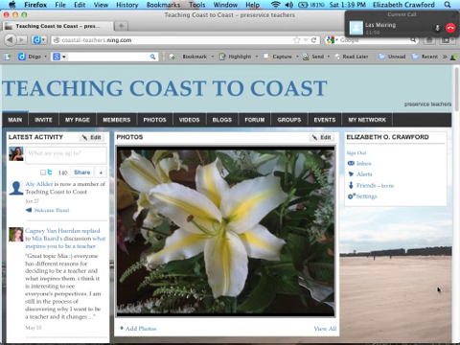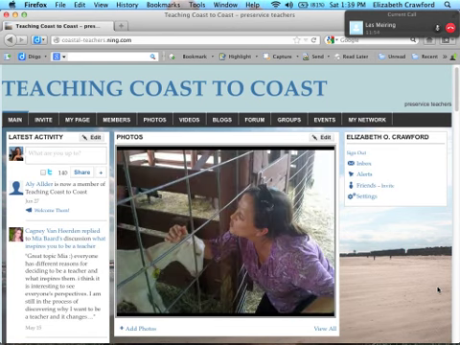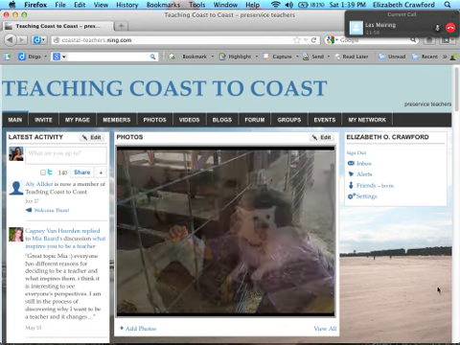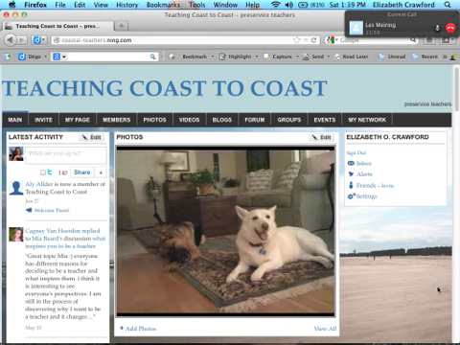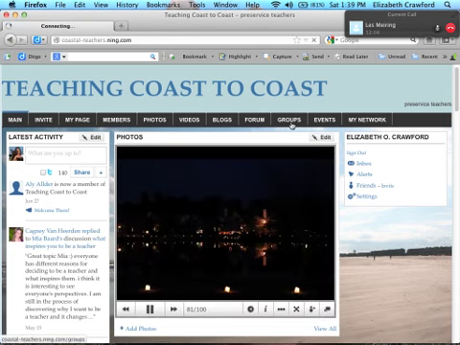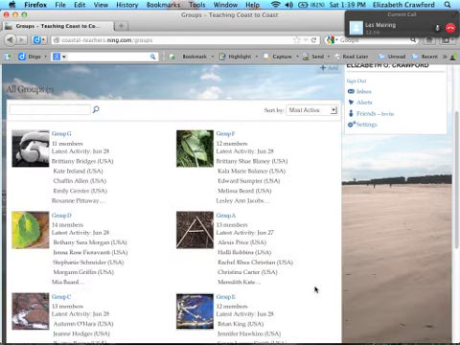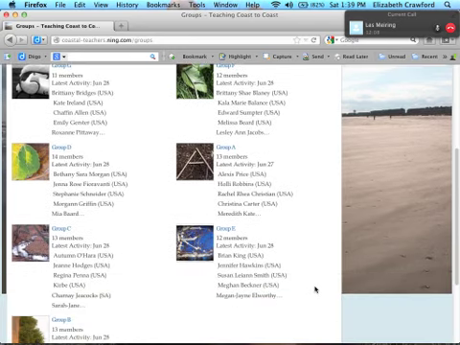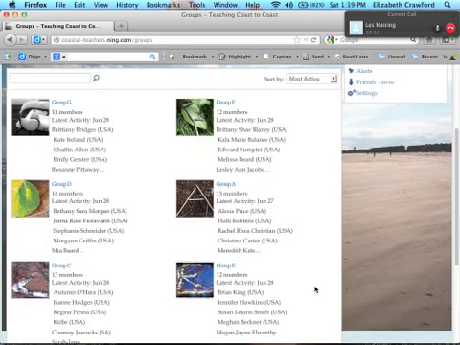And they have different features. You can blog and have forums and photos and videos, etc. And we had a lot of fun just uploading all our pictures of our families and where we live. And then within the Ning, I created these research groups. So we had actually 7 groups, and it was completely randomized. As I sent an invitation to all the students to join, as they joined, I would just put them in